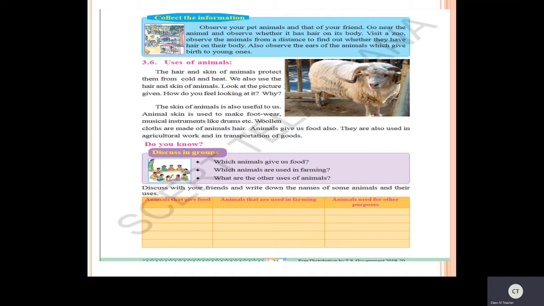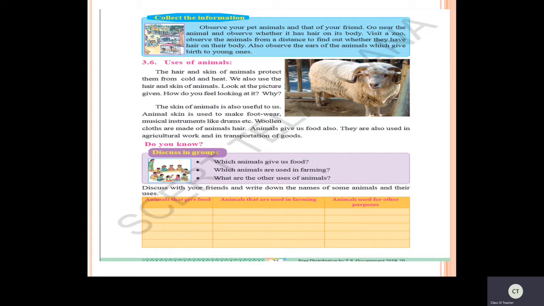Just you have to see, children, observe the animals and then identify whether it is an oviparous animal or viviparous animal. And there are differences between oviparous and viviparous, right? Yes, just you have to recall that. So, egg laying animals have feathers or scales on their body. But viviparous animals have hair on their body and external ears are present. But in oviparous animals, external ears are absent. So all these differences you have to notice. It is very simple, children. You have to just observe the animals.